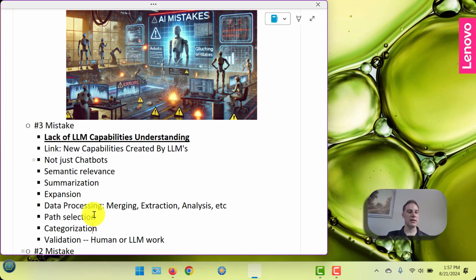There is a whole bunch of things you can do with data processing, data analysis, data extraction, data merging. I really think that the ability to, let's just say, analyze data now with the new LLM tools that didn't exist 2 years ago is orders of magnitude more powerful than what was possible before. And just doing this in something like Microsoft Copilot or ChatGPT, however you want to set those up, or thinking about it from a chatbot standpoint, there's a lot that you're going to be missing in terms of actually enabling this to work really well.